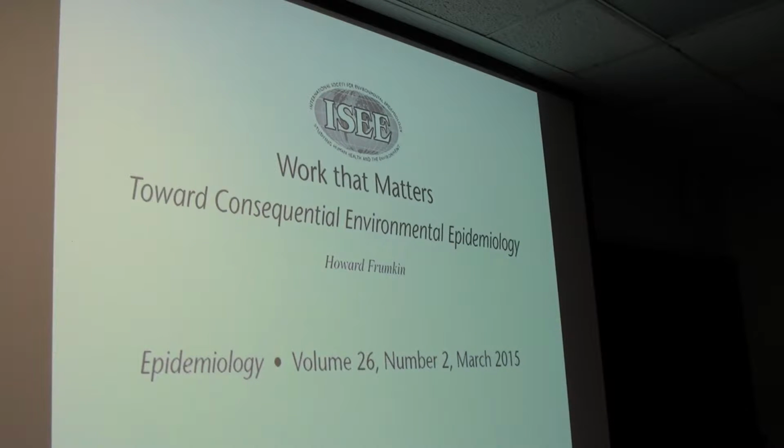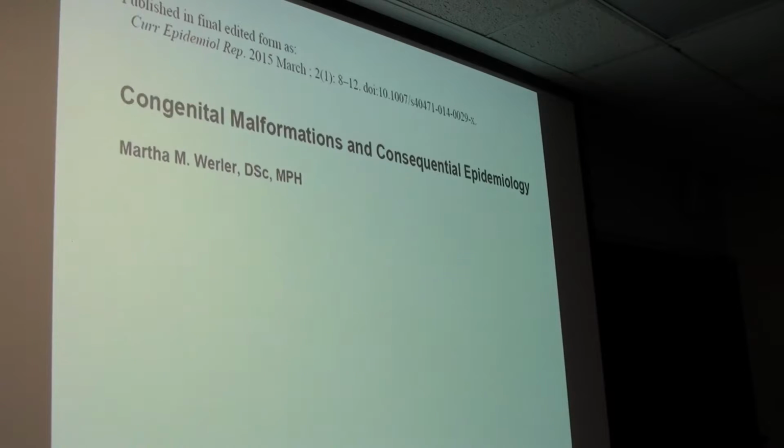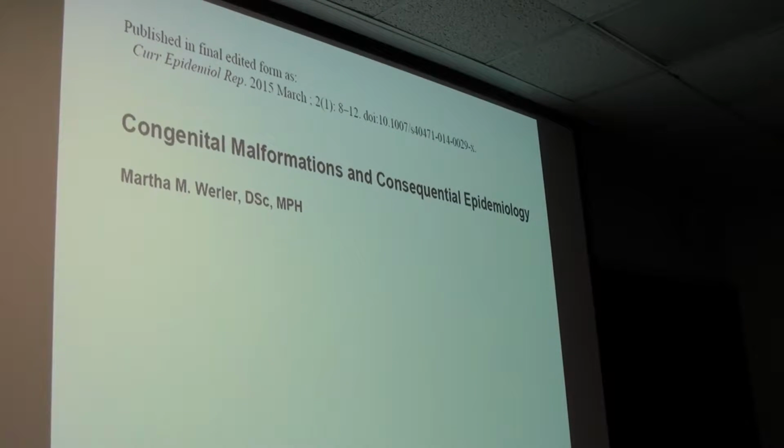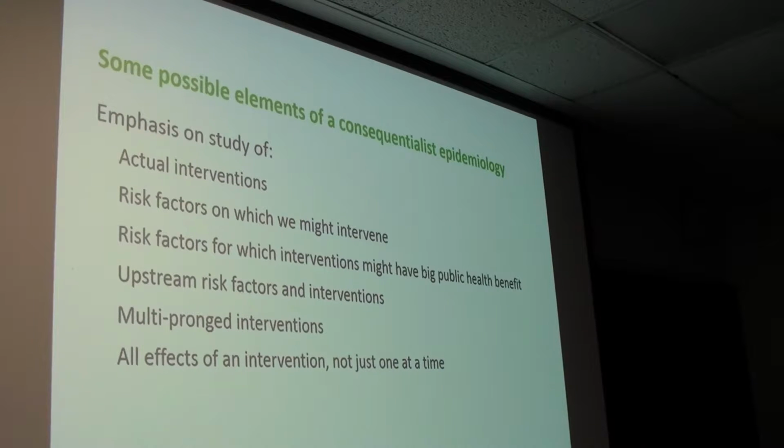This has really caught on, so now we see in sub-discipline after sub-discipline: is occupational epidemiology consequential enough? Howie Frumkin can ask that question. Martha Werler, how can we make the study of birth defects more consequential? And I think when you read these papers, you'll see different views on what it takes to make an epidemiology consequential. Now, the best I can tell, and this is in descending order of how sure I am that this is what Carey and Sandra are talking about,